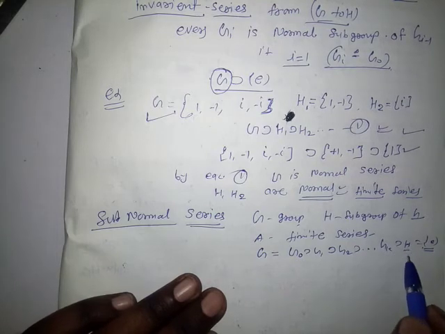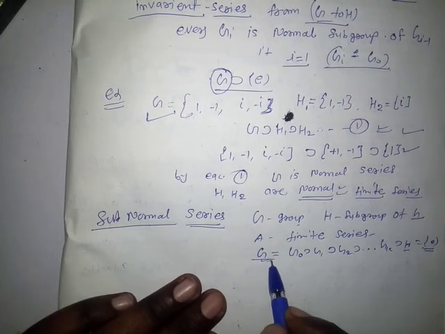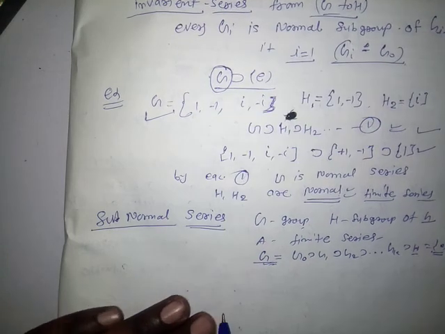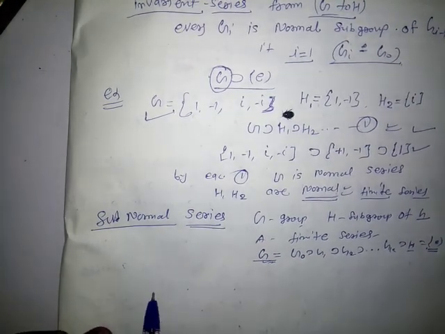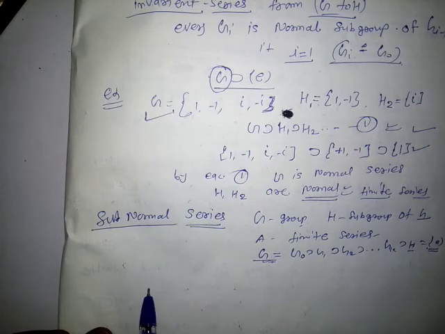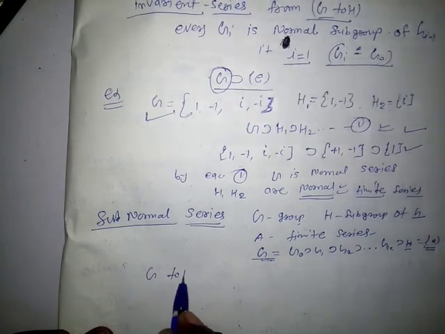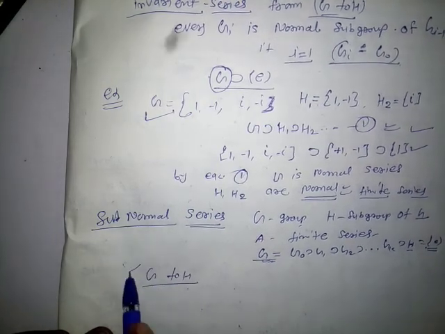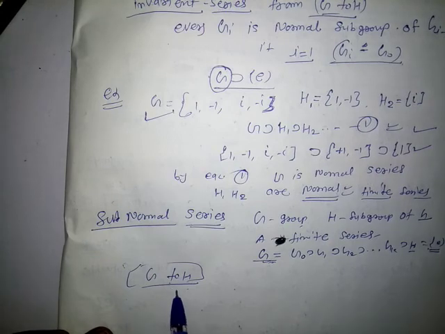G and H are denoted by the finite series of G. Okay, it is said to be a subnormal series from G to H